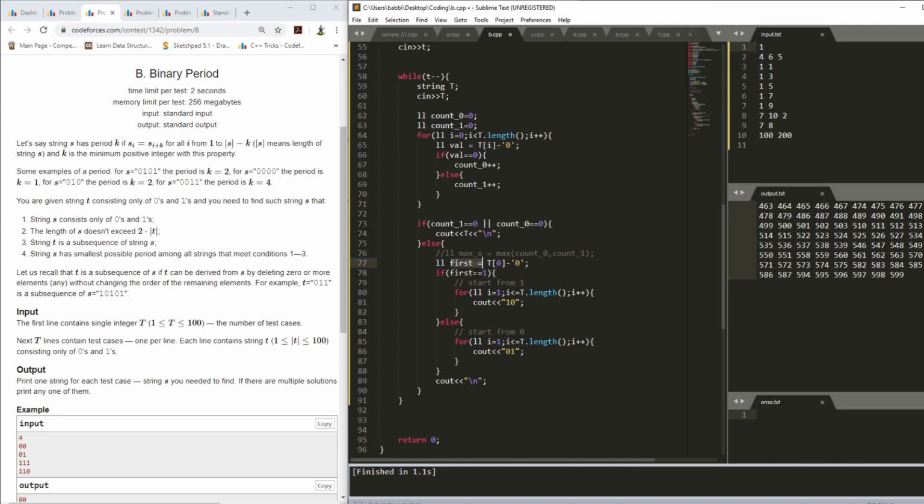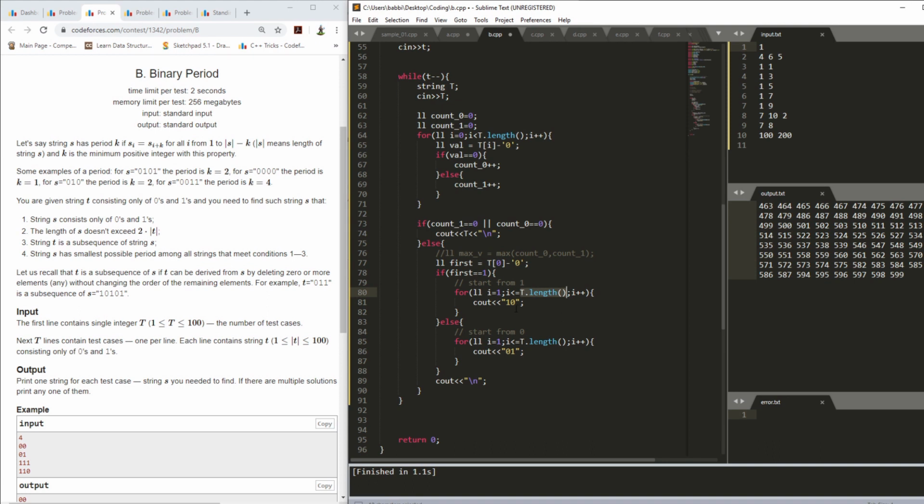So I had my first element. It is basically to know how to start building my string. I can start from 1 0 1 0 1 0, or I can start from 0 1 0 1 0 1. So if my first is 1, then I will start my string from 1, up to its length, because as I stated before, s can have a maximum length of 2 times t.